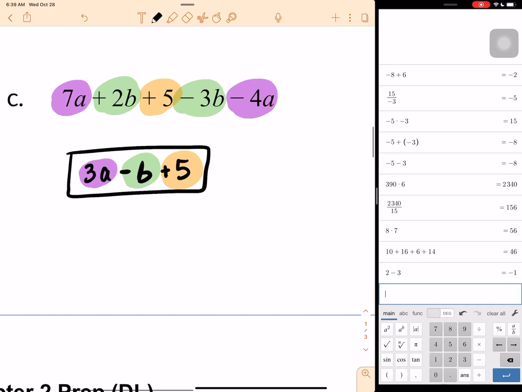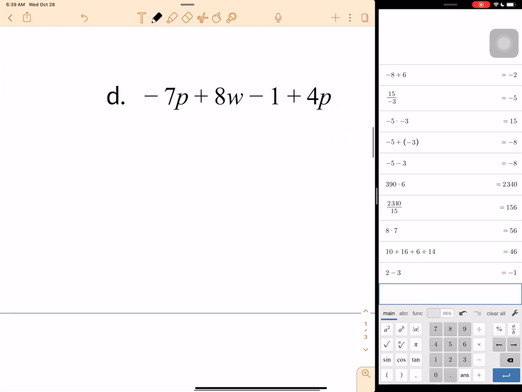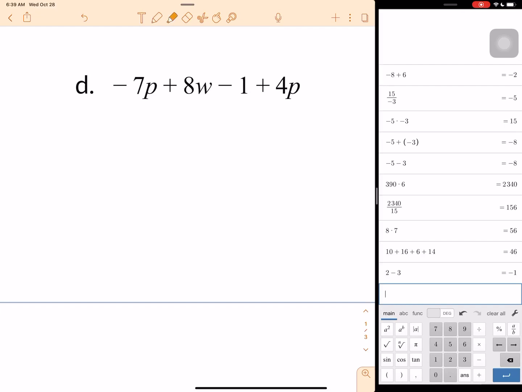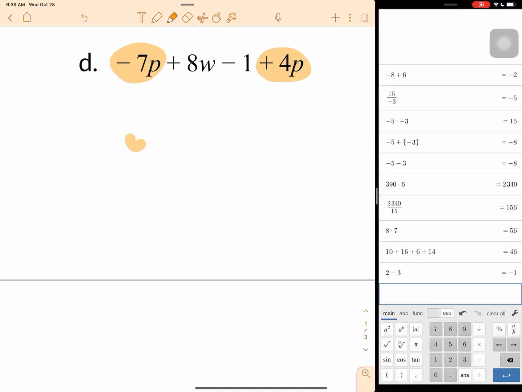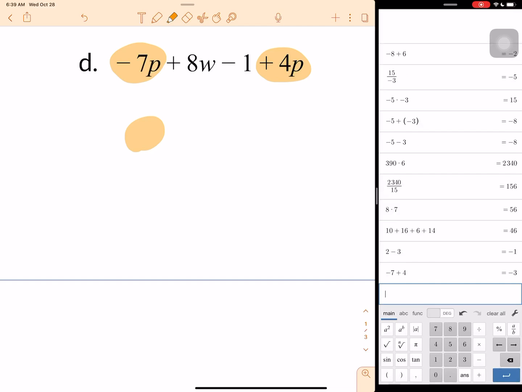Okay. So now let's go look at part D. Here I see that I have the variable p, and that comes before w in the alphabet. So p, negative 7p plus 4p. Again, use that calculator. Negative 7 plus 4. You can always use a calculator in my class. That's totally fine. So negative 7 plus 4 is negative 3. So we have negative 3p. And then I see an 8w, and we don't have any other w's, so we're just going to rewrite plus